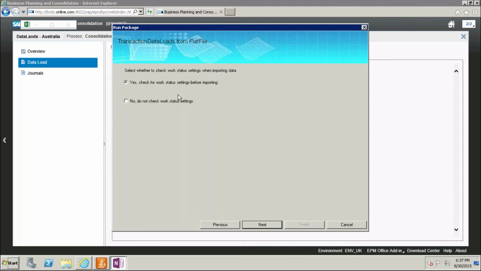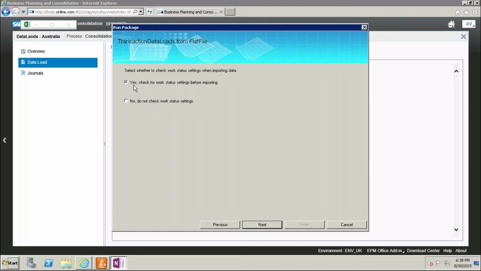Then next, select whether to check work status settings when importing data. If the work status is set, the admin will set 2017.01 as unlocked. He needs to set that for the data manager to run. Then only the data will succeed, otherwise it will fail.